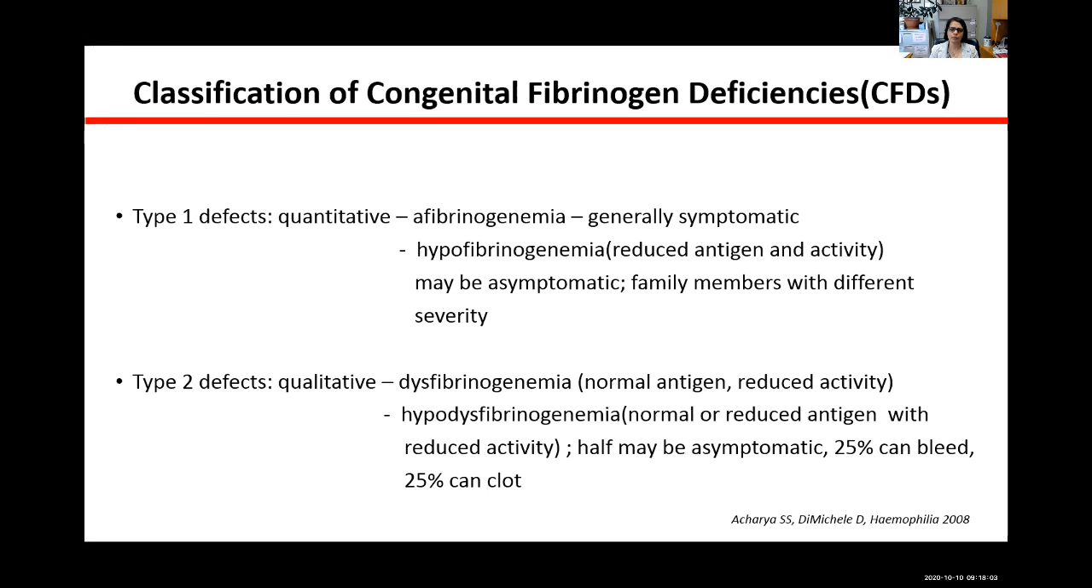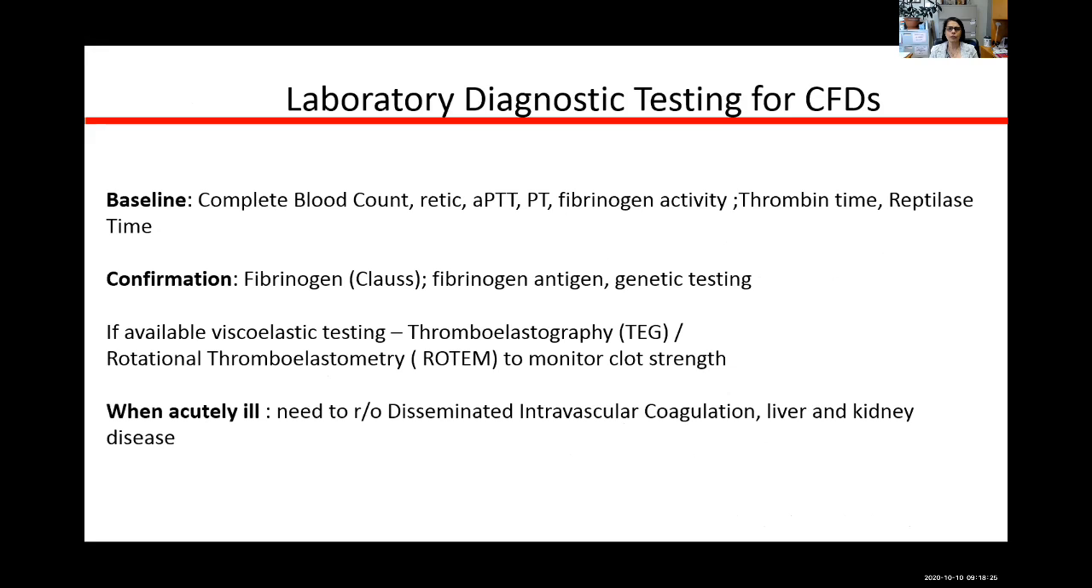And a lot of times individuals with dysfibrinogenemia, about half of them may be asymptomatic, whereas a smaller percentage can bleed, as well as another small percentage can clot. So as you can see, it's a whole spectrum of symptoms in these disorders, which makes this still very intriguing and very interesting. So an individual who presents with severe bleeding symptoms, typically we do a bleeding screen, including the